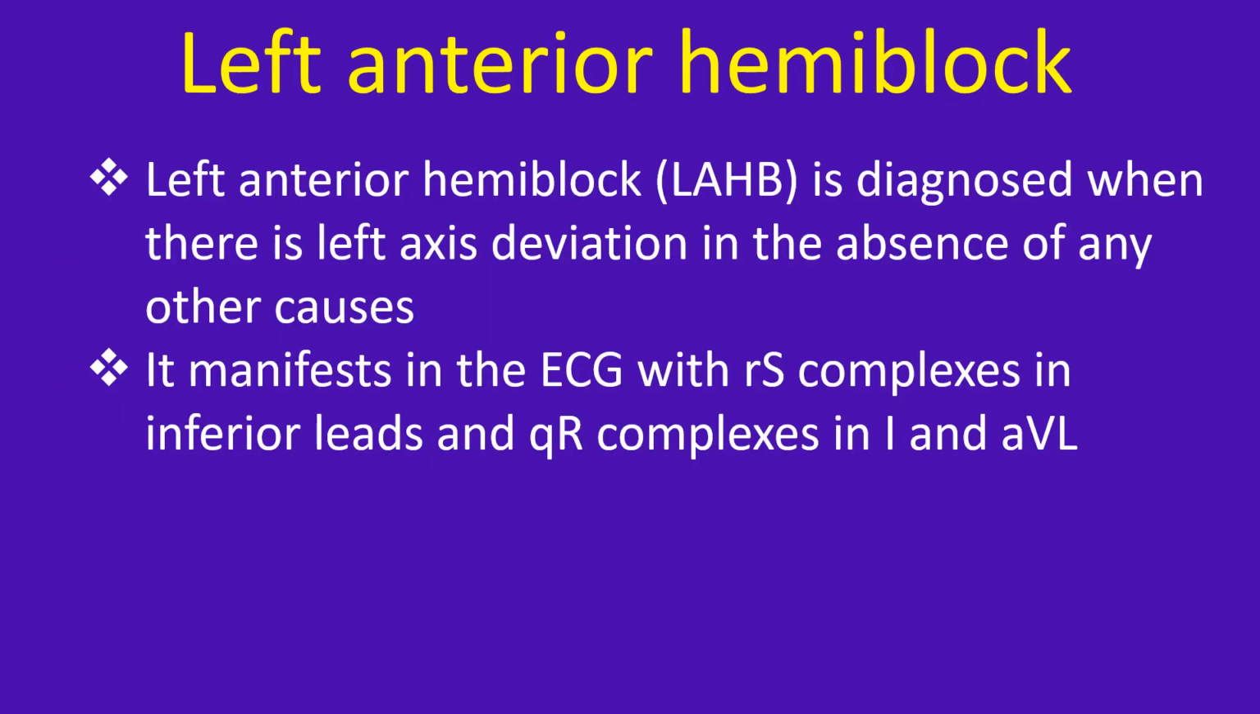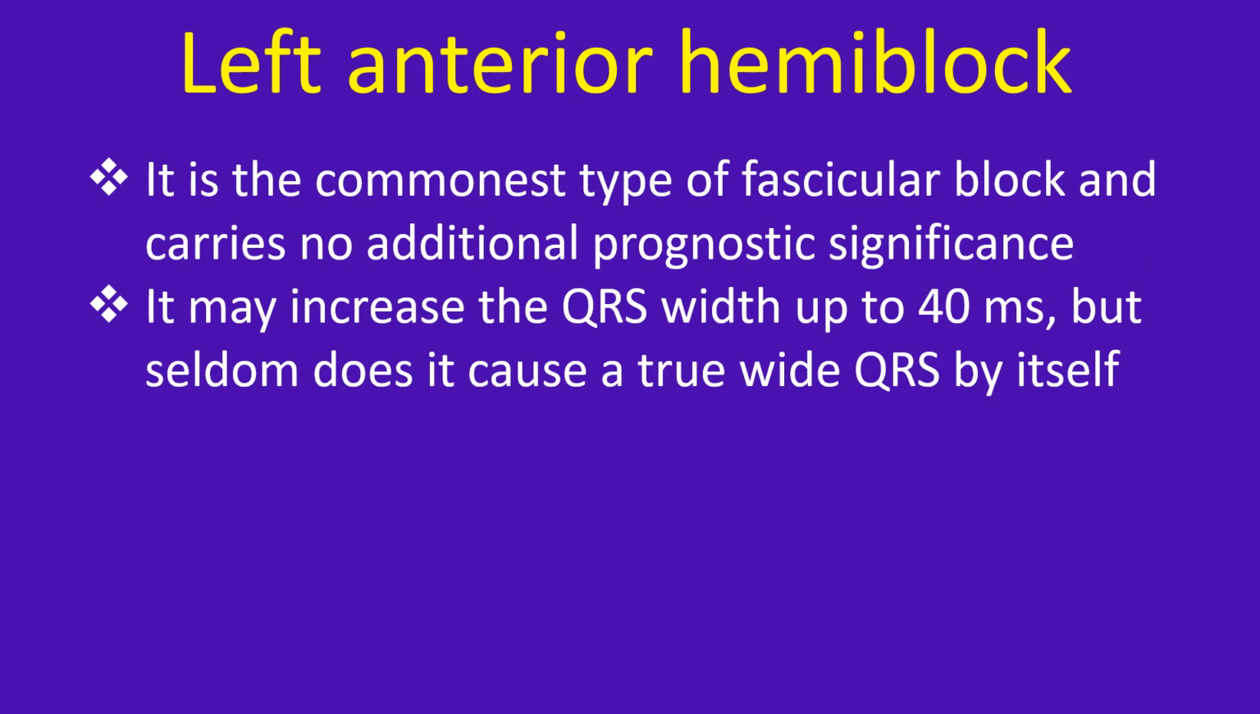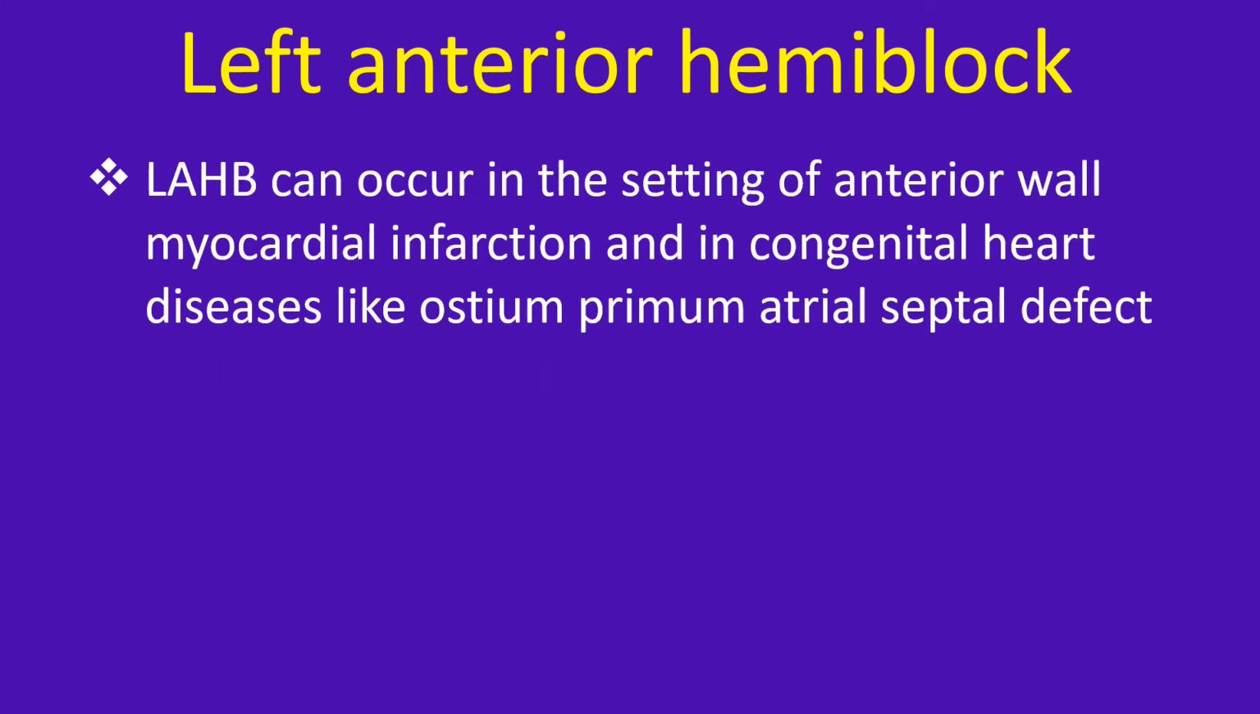Left anterior hemiblock is diagnosed when there is left axis deviation in the absence of any other causes. It manifests in the ECG with RS complexes in inferior leads and QR complexes in 1 and AVL. It is the commonest type of fascicular block and carries no additional prognostic significance. It may increase the QRS width up to 40 milliseconds, but seldom does it cause a true wide QRS by itself. LAHB can occur in the setting of anterior myocardial infarction and in congenital heart diseases like ostium primum atrial